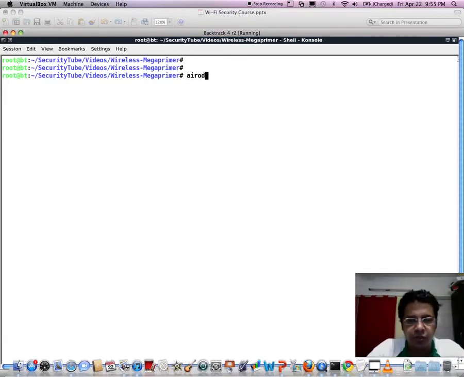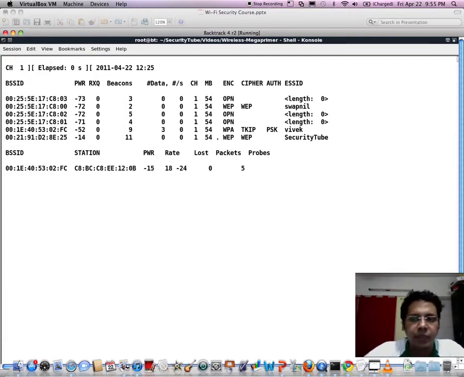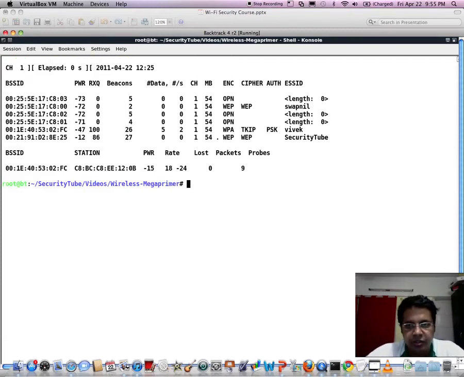So for this, we're going to run airodump-ng. Let's ensure actually that our access point is on channel 1. Indeed it is. Here is our access point. Let's go ahead and add another filter for the BSSID, just to decrease the clutter a little bit on the screen.